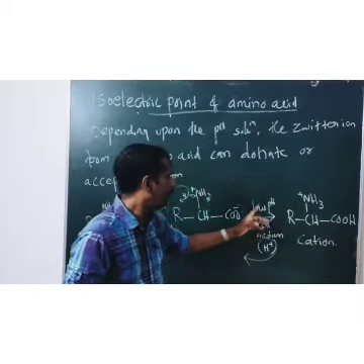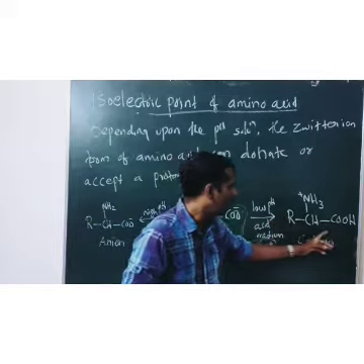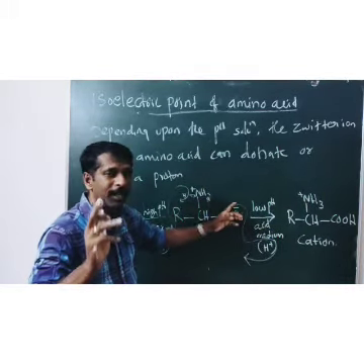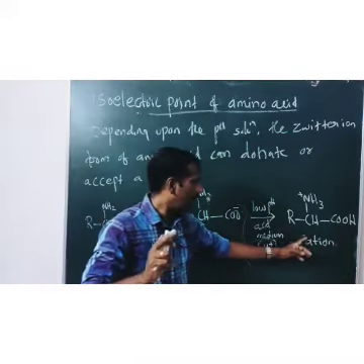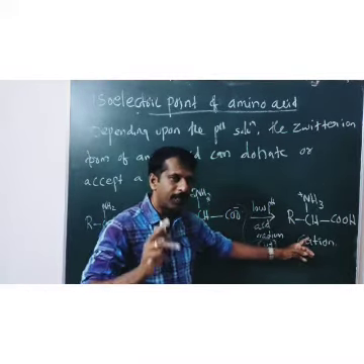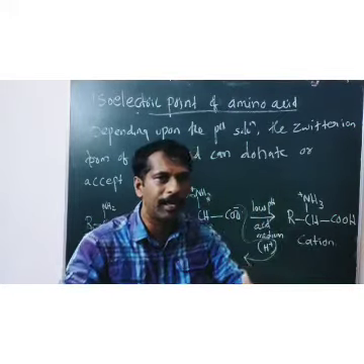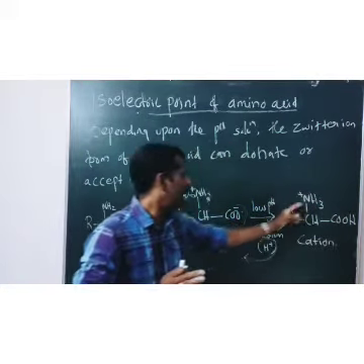That means at low pH, what will happen? This will migrate to the cathode. That means the zwitterion at low pH will be in the cation form. Therefore, at low pH, in an applied electric field, the zwitterion will move towards the cathode, because at low